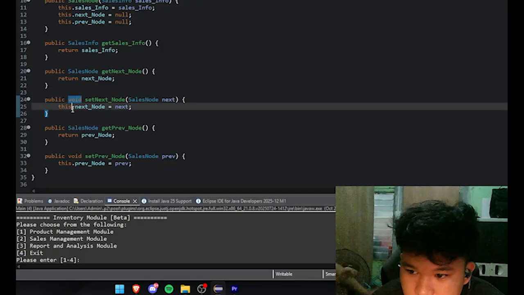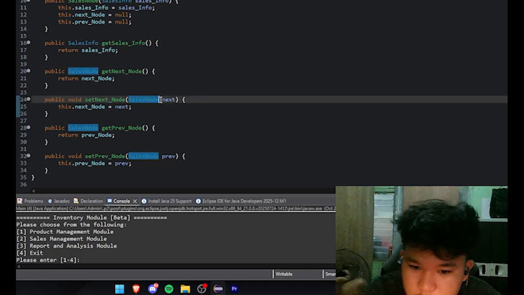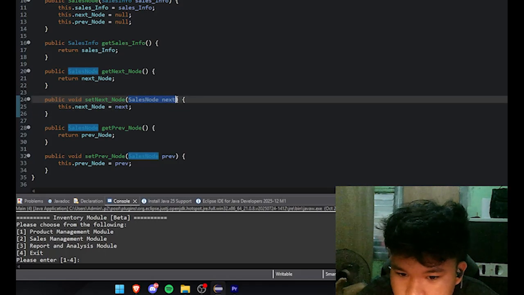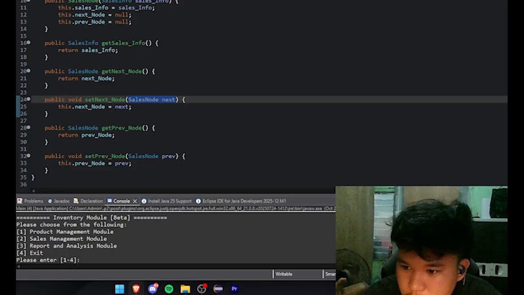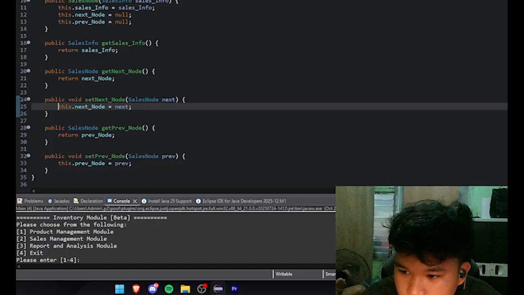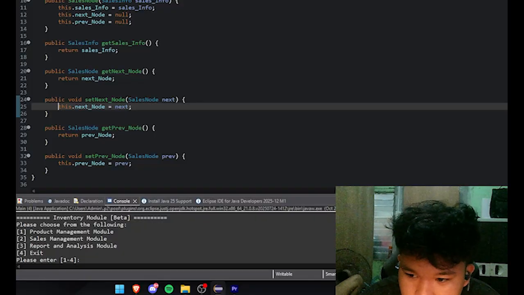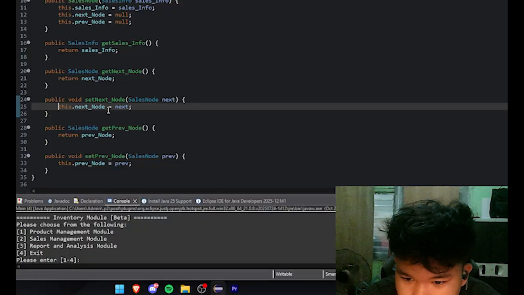This function takes a sales node as input, so in the parameter, and for line 25, this next node equals next. It basically updates the next node link to the input, so it is used to connect nodes when adding to the list.